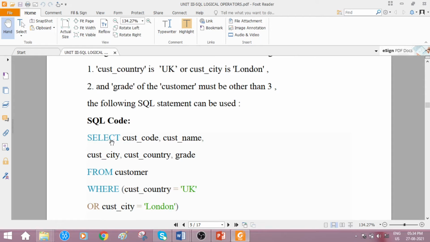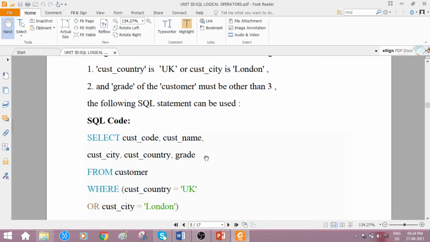We are supposed to make use of the AND as well as OR combination. Select, followed by customer code, comma, customer name, comma, customer city, comma, customer country, comma, then grade also has to be shown.